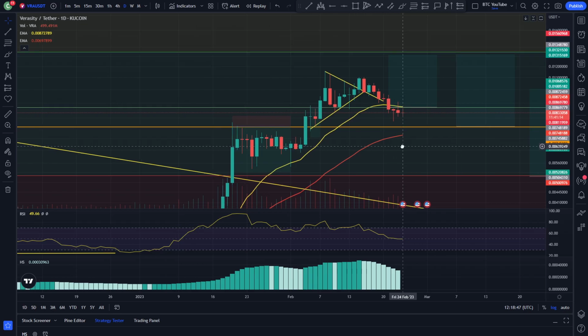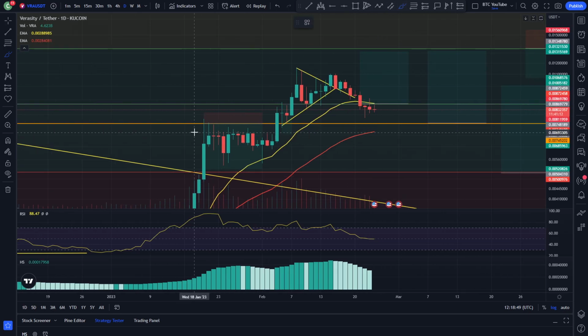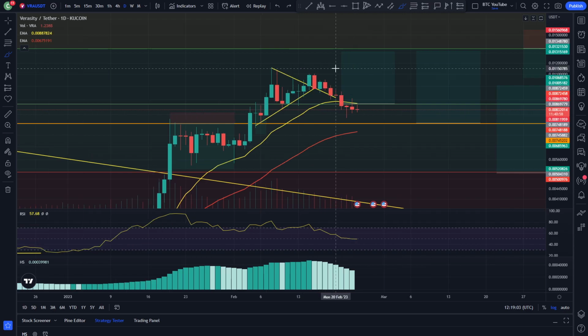If I just zoom in a bit on the daily time frame, we had that consolidation coiling motion, didn't we, in this area here. And then we got the breakout, continuation to the upside, another coiling motion here that I did outline with some of these chart lines here. We got the breakout, and we were back testing that breakout for a while, weren't we? But we came back inside here, and then obviously you can see we came down into this area here. Got a bounce on this previous swing low, and then looking like we came up.